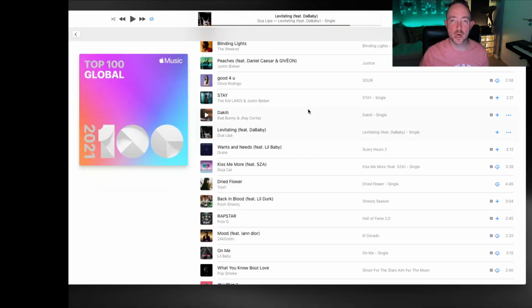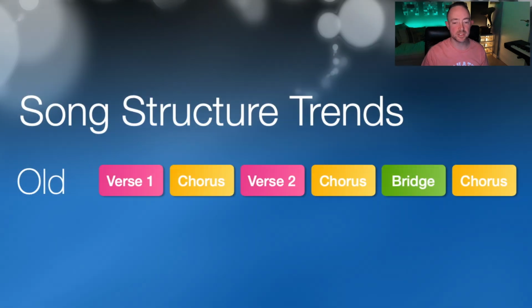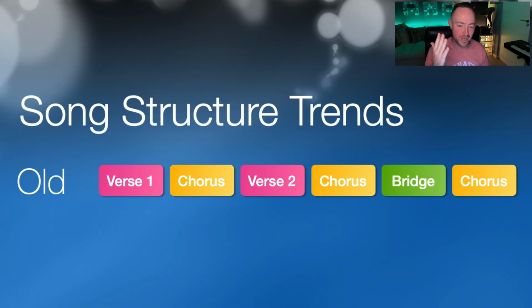So it's a good thing to know the traditional song structure. It's a good thing to know how that works. If it's something that you haven't noticed and you're not doing, you should definitely pay attention to that. So if you want to go with the traditional song structure, and there's nothing wrong with that, remember verse 1, chorus, verse 2, chorus, bridge. Excuse me, bridge. And then your final chorus.